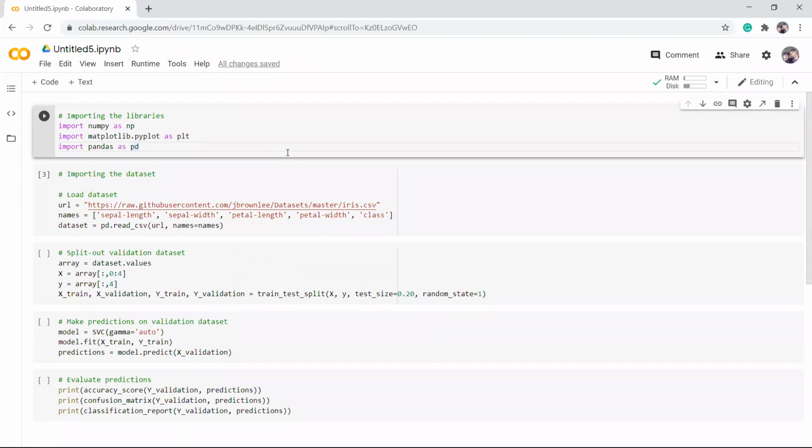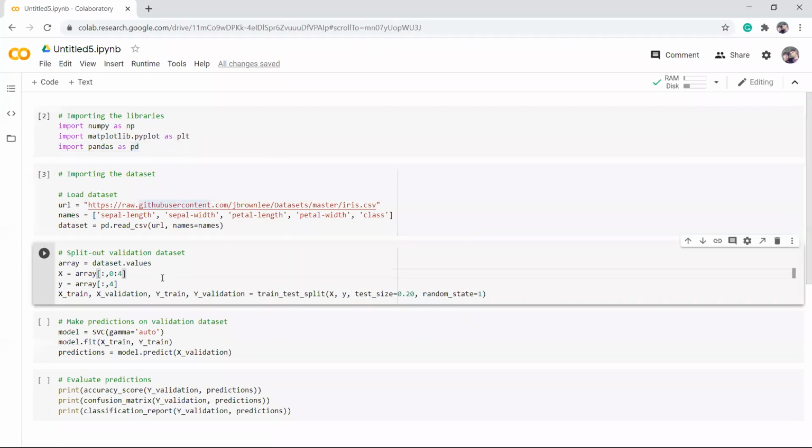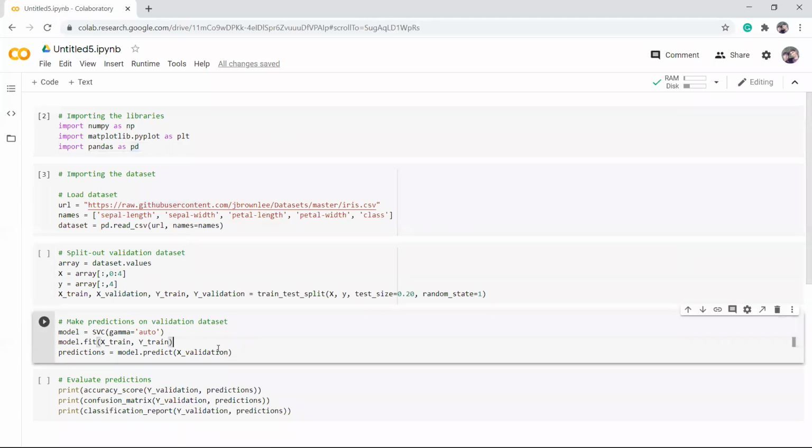So we divide the code, like importing the libraries, right? At the first step we'll import the libraries. In the second step we'll load the data set. In the third step we'll split the data. We'll split the dependent variables and independent variables, and divide into X train, X test, Y train, and Y test, and we'll predict the validation set, and